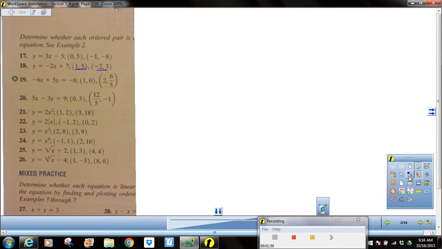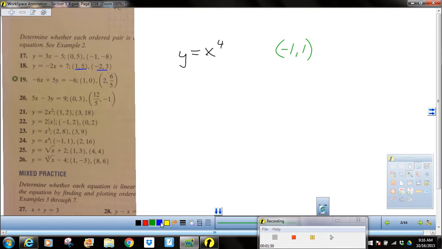Now do number 24. I'm going to try something with this one. I'm going to try some different colors here. And the numbers we're going to try out are, the ordered pairs are negative 1, 1, and 2, 16. Okay, so I'm going to start with negative 1, 1. If I put 1 in right here,